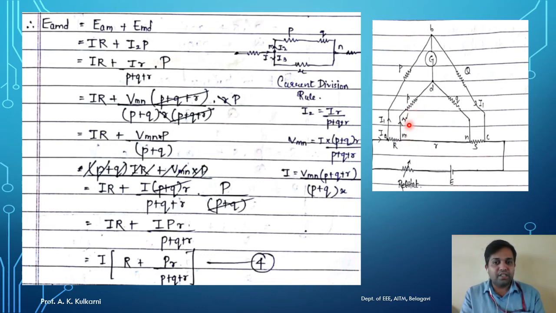the flow of current through this resistor is I2. So V is equal to I2 into the resistance value, which over here is small p. Be careful, we are going to represent this other set of resistances by small letters. So I2 into small p. So I into R plus I2 into small p. Now let us find the value of I2 over here.